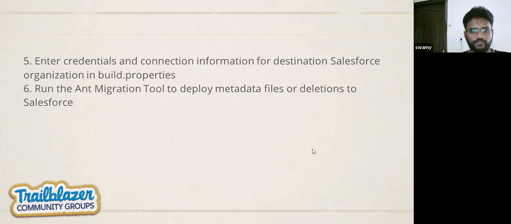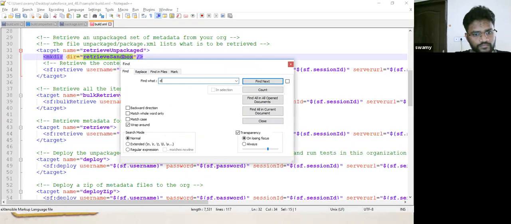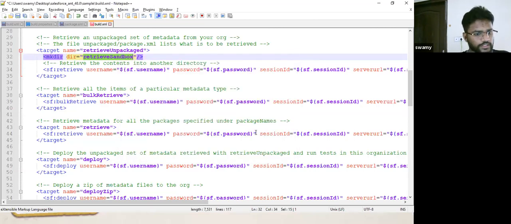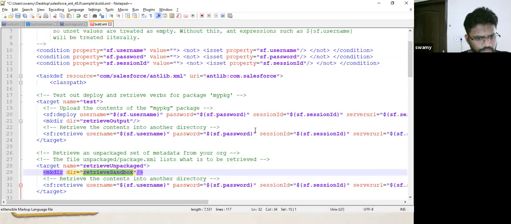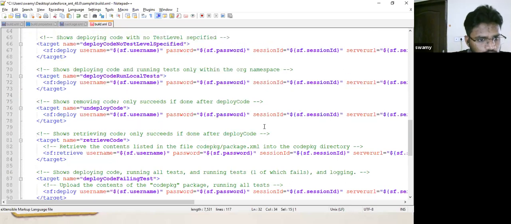For deletion we have... there should be something here. Okay, there are other things like deploy code, run local test. What will this command do?